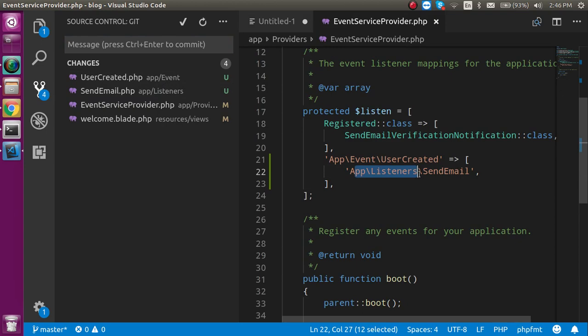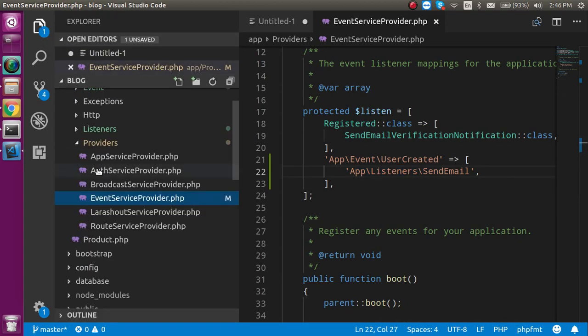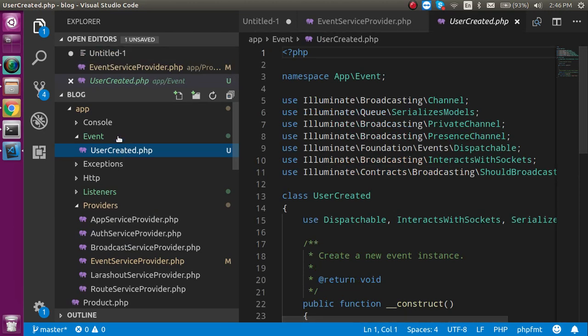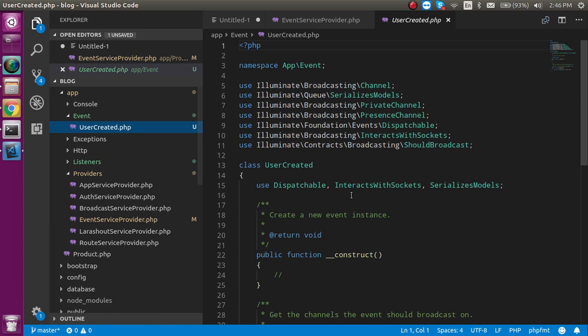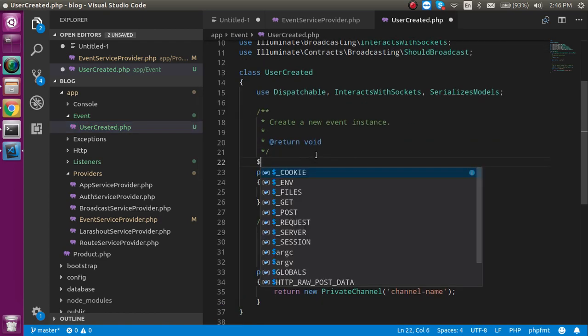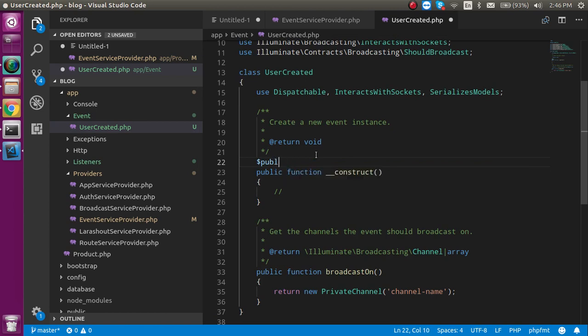Alright, so now I am just going to the event file here, and I have to write a small bunch of code. Let's zoom out so that you can watch it clearly. So let's take a public property like email, $email,